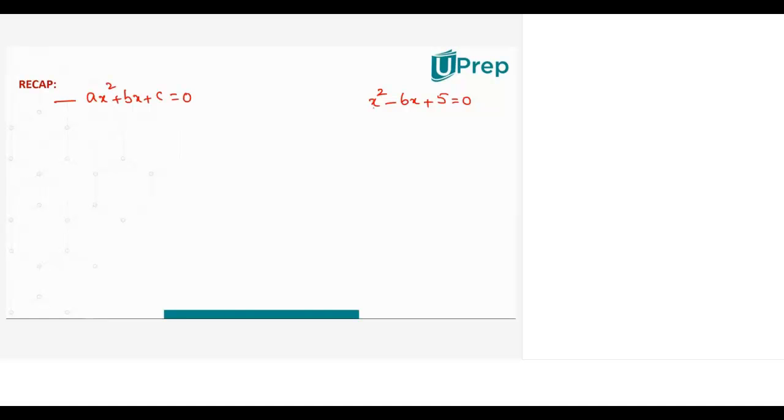Now, how do we identify its factors? How much is the coefficient here? Nothing is there, so I'll read 1. And the constant, plus 5. First and the last term must give the product. So I need numbers whose product is 5. And the middle term's coefficient should be the sum. Sum should be minus 6. So anyone here could tell me any two numbers whose product is 5 and sum is minus 6.